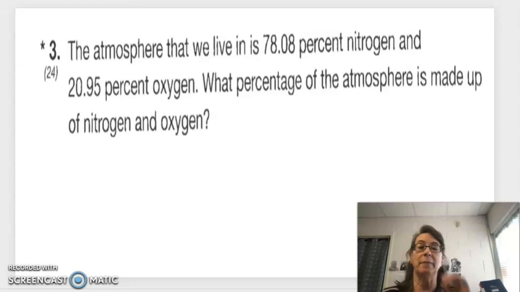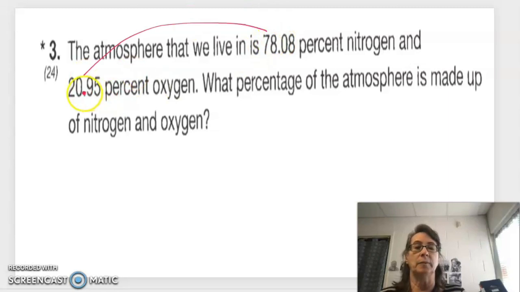All right, so the atmosphere that we live in is 78.08% nitrogen and 20.95% oxygen. What percentage of the atmosphere is made up of nitrogen and oxygen? Okay, so in other words, when you add these two together, you do not get 100%. So we're going to write these together and add them: 78.08%, and then